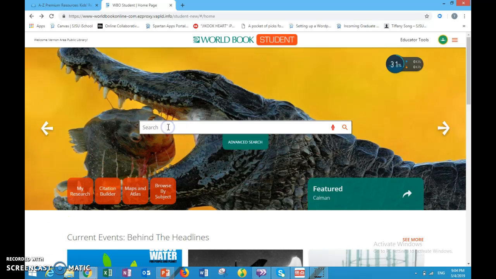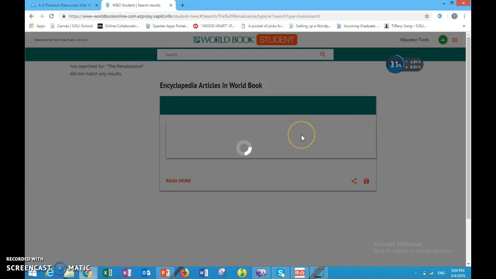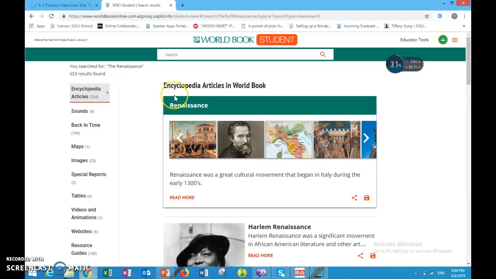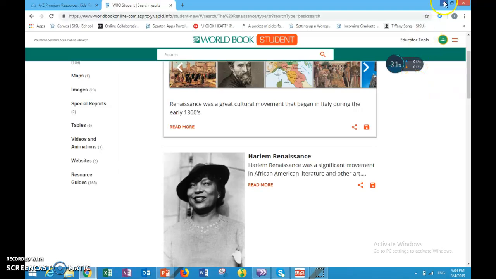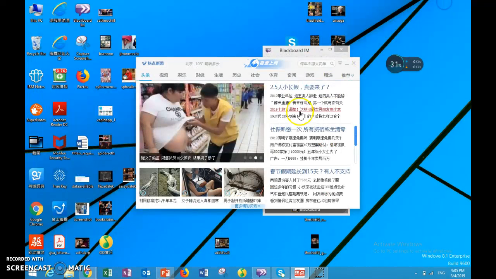And when you look up a topic such as the Renaissance, it'll show you this page here. On the left tab, it'll show you 653 results found. Encyclopedia articles, sounds, and back in time are a few options for you. Alright class, with that,